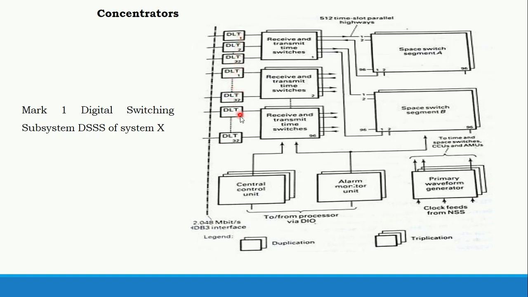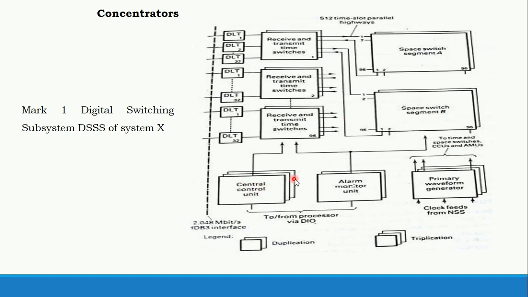And we'll start with DLT, that means digital line terminating unit. That means if you get an analog signal, it will terminate and it will allow the same signal. These are the time switches. For one segment you have one time switch. Similarly, for each time switch you will be having two space switches. For controlling that you need a control unit, that is the central control unit.